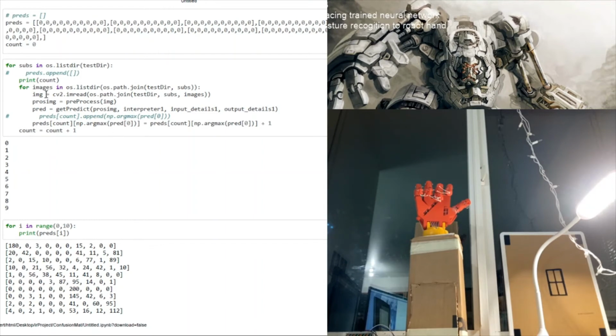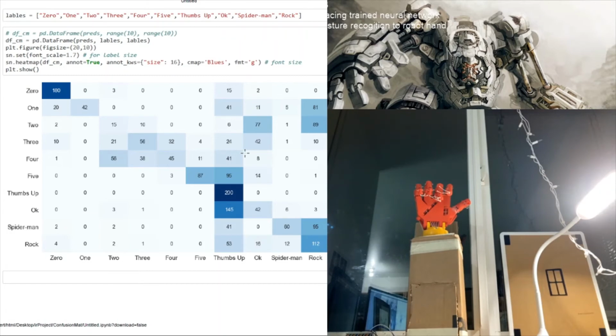Once it has done the predictions, it prints out the confusion matrix. Since this has no visualization, I've used the Seaborn module to show my confusion matrix.